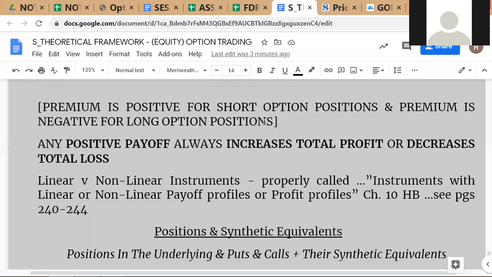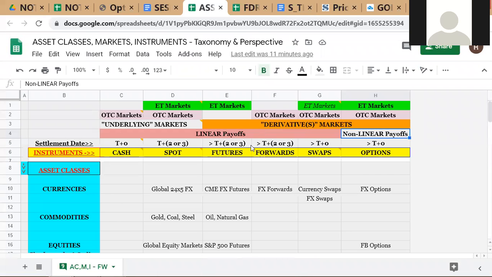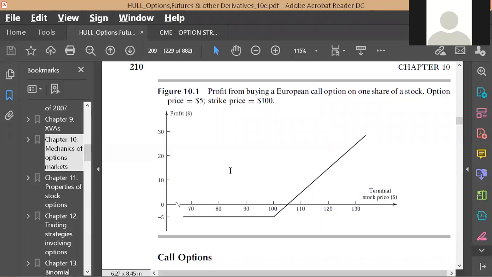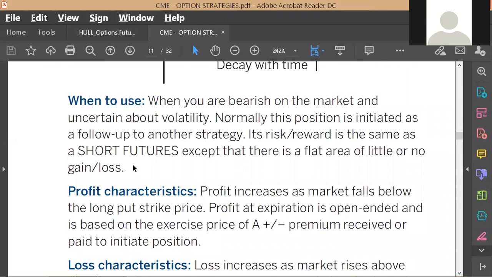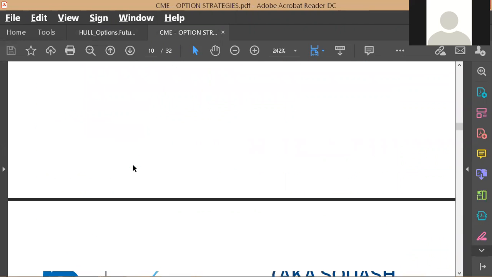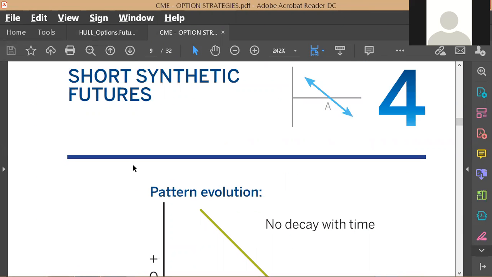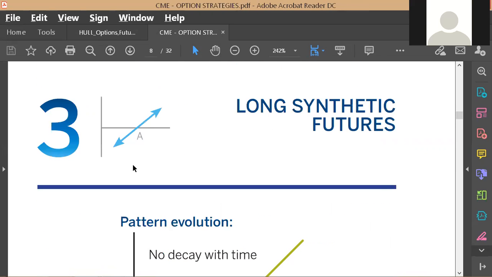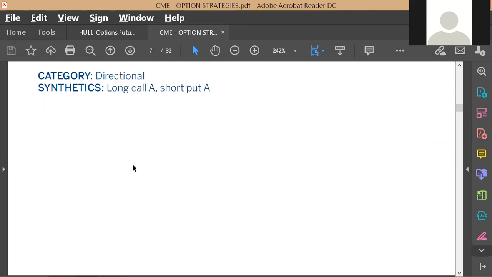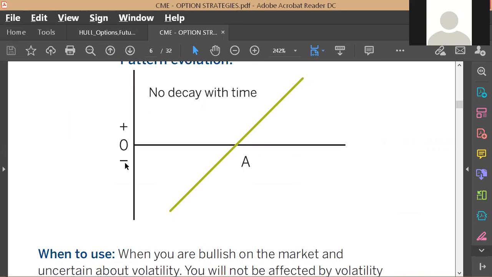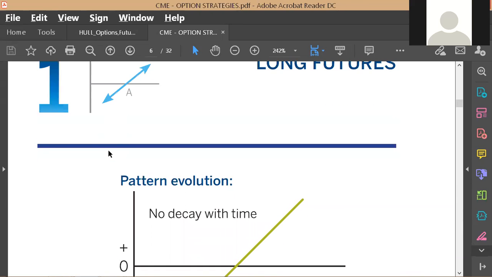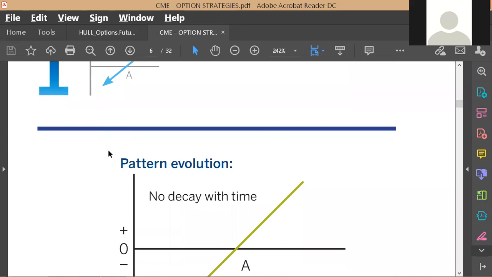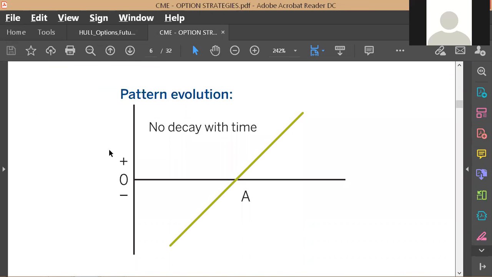Futures are listed as linear payoffs. If you go back to your CME option strategies book, I think the first one is a long futures. Yeah, the first one should be long futures. So let's understand this also. While we are doing this, this is long futures. Of course, you have not done the futures contract. Let's just imagine that you'll notice that